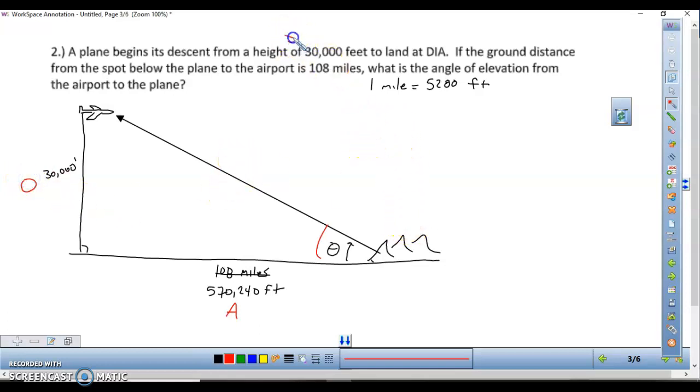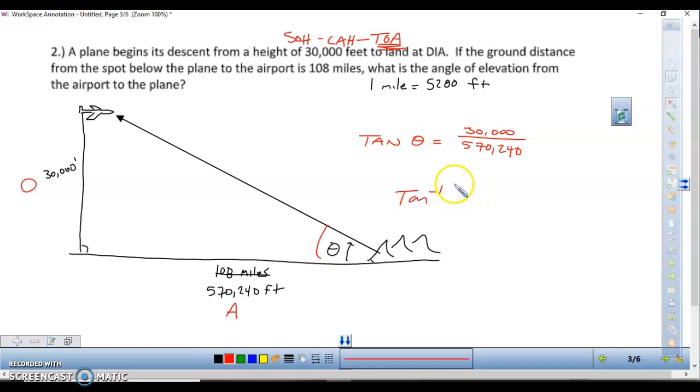So again, from SOHCAHTOA, I'm going to use tangent because I'm using opposite and adjacent. So the tangent of theta is equal to 30,000 over 570,240. Then in your calculator, when you're working backwards and solving for an angle, that's when you press the inverse tangent. In my calculator, it's second tangent. You've got to find that little -1. And when I type inverse tangent, and then inside my parentheses I put this fraction,